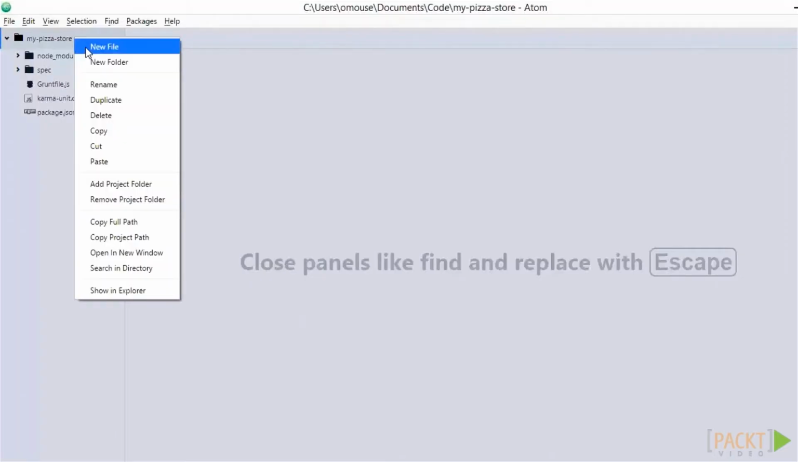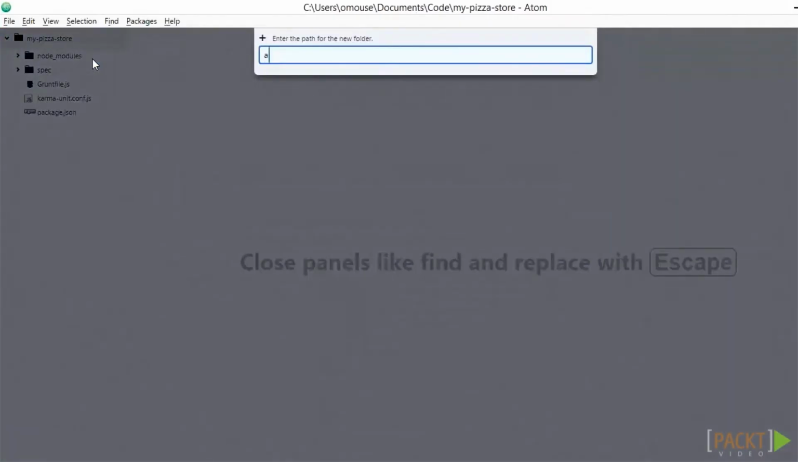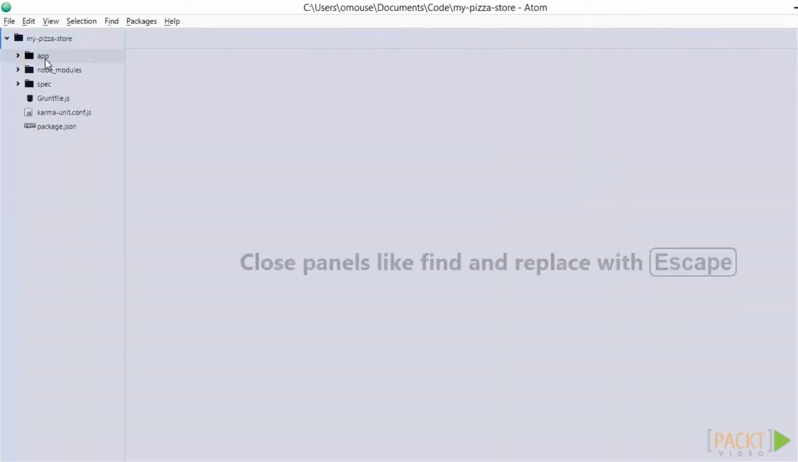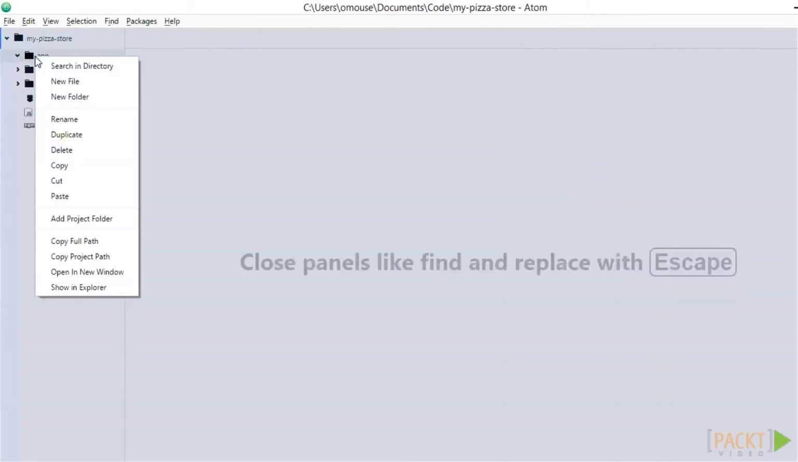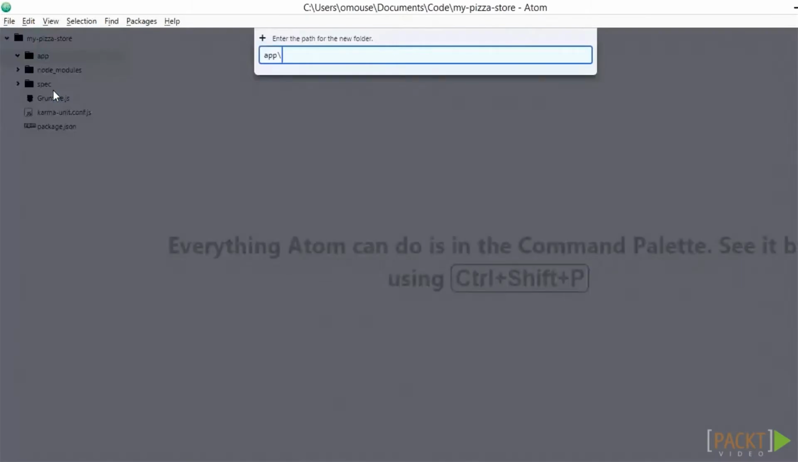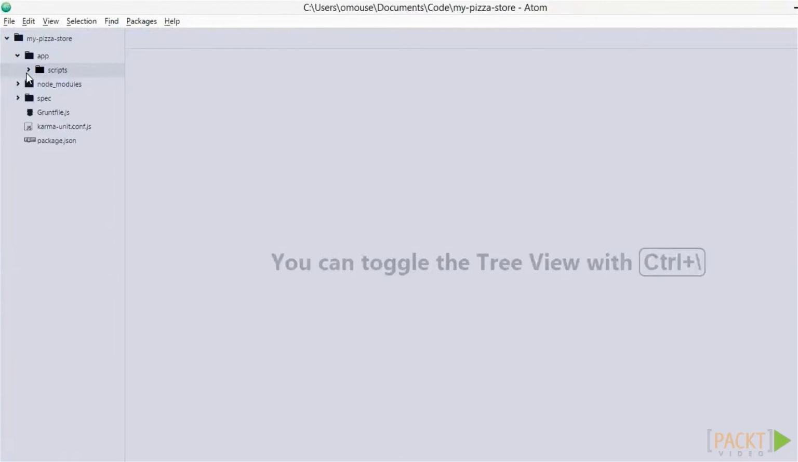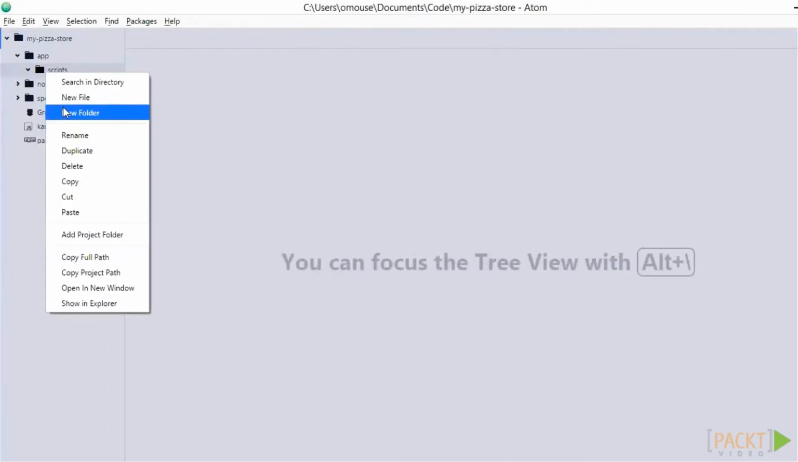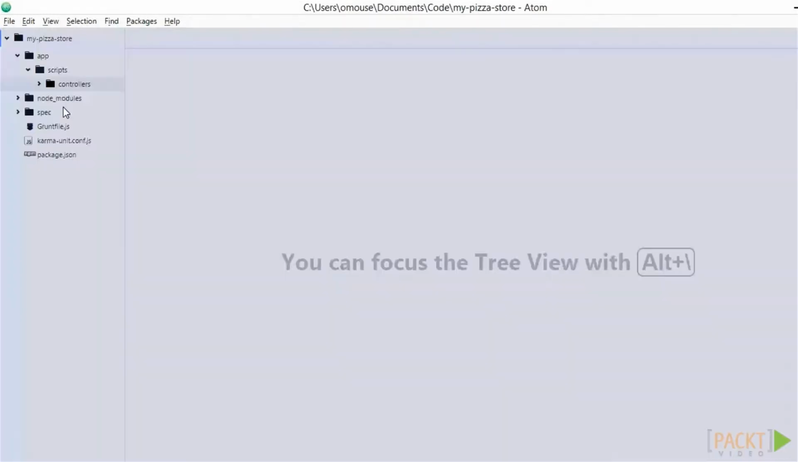First, we need to create the directory where our app will be stored. It is named app. Second, we create the directory for the scripts of our app, named app/scripts. In that directory, we also need to store the controllers, directives, filters, and services of our app. This includes